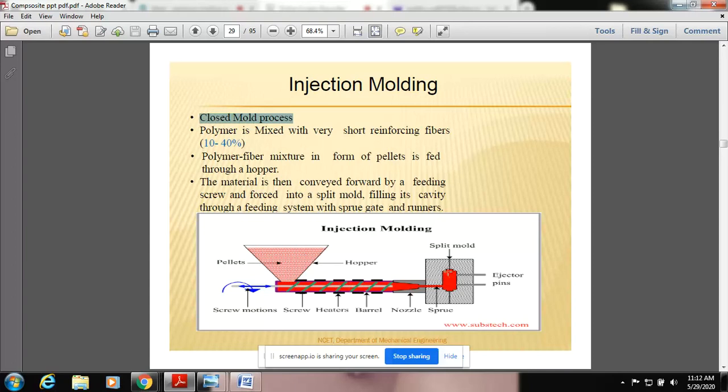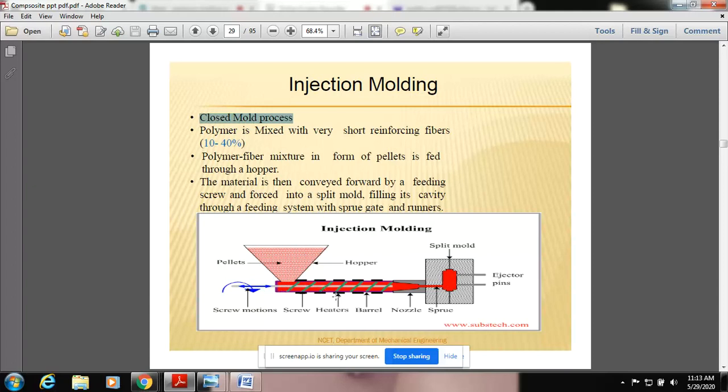This is the shape of the composite material required, and this is a mold, just like the split molding you do in the foundry and forging lab. It is the same kind of molding here. We first create the cavity. In that cavity, we pass the resin with the filler so that we get the desired shape. Before injecting this content into the cavity, we need to take care of some parameters, right?